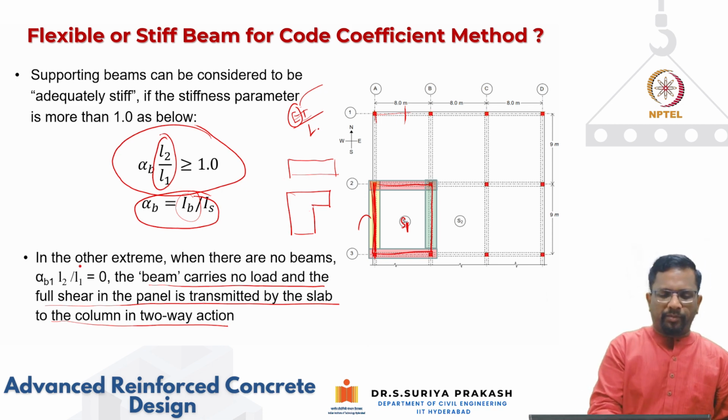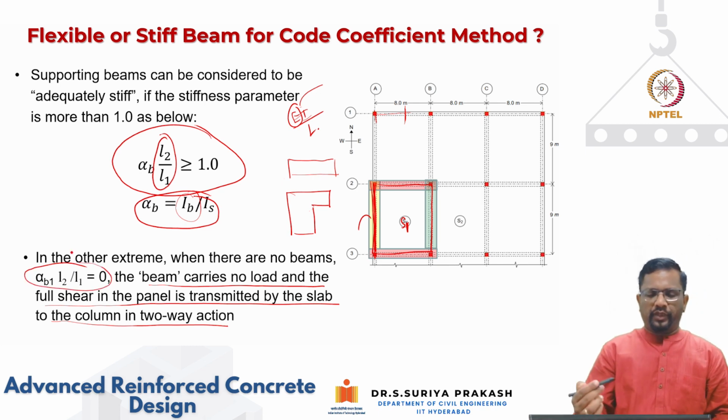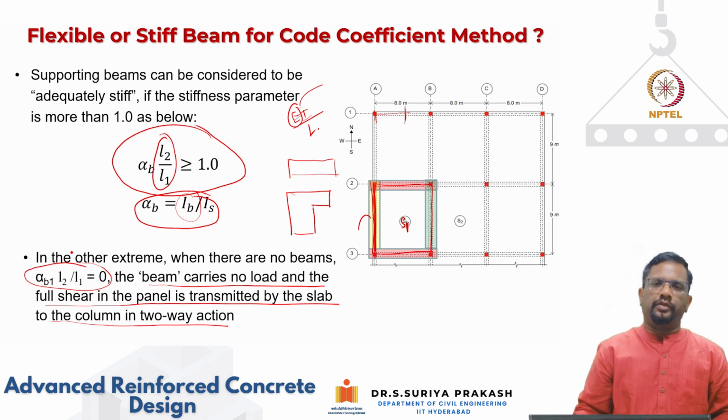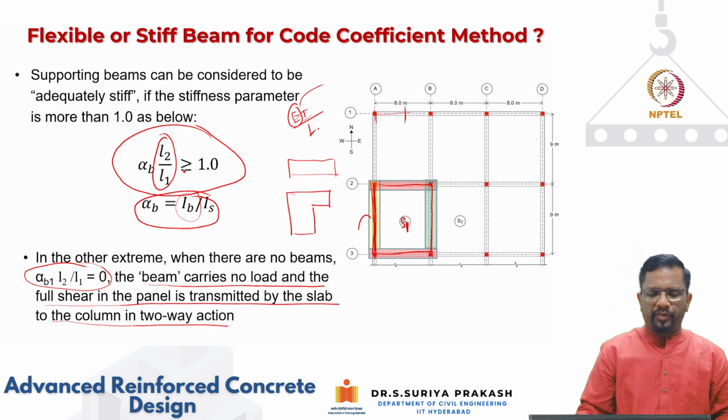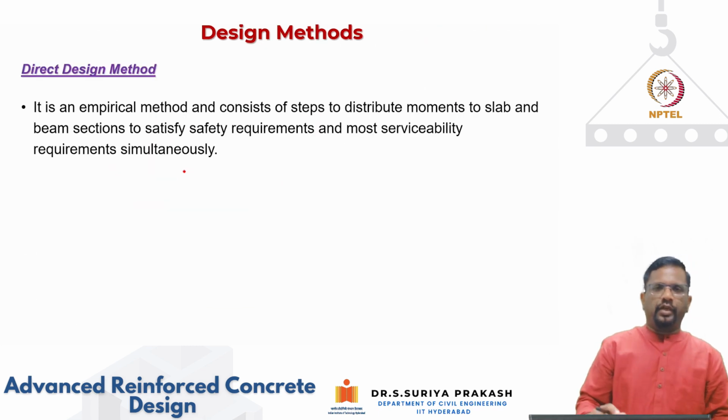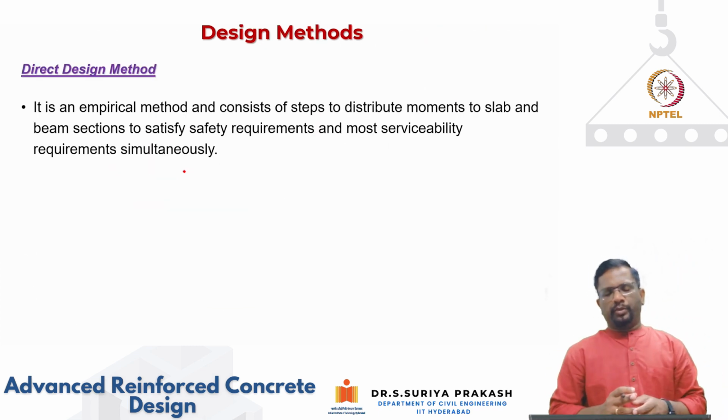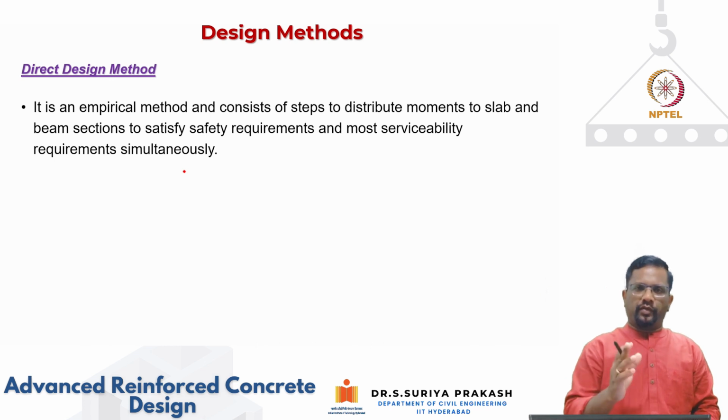That will happen when your alpha B parameter is 0 because there is no beam. So this also we have to take up. This is the way we categorize whether the supporting beams are flexible or stiff. If this value is less than 1, then we can tell that this beam is flexible. So now that we understood what is a stiff beam and a flexible beam, and when we have to use a code coefficient method,